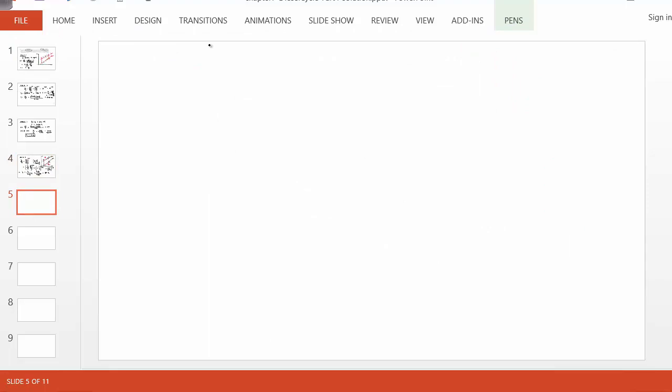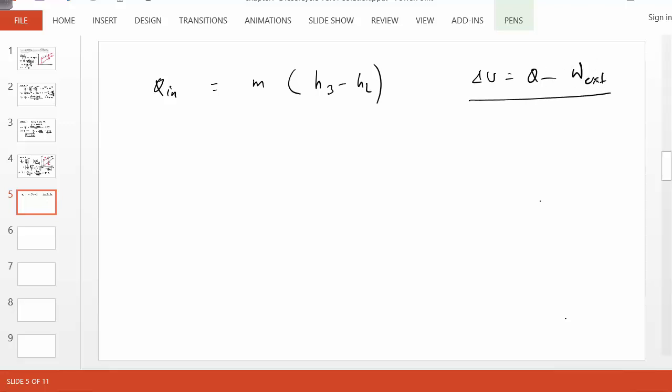So Q in is M times H3 minus H2. Again, recall where it comes from. Delta U equals Q, we all know the energy equation for a closed process, but for a constant pressure process, we can show that this equation simplifies to be such that delta H equals Q. And from there we get this formula. So substituting M Cp T3 minus T2,